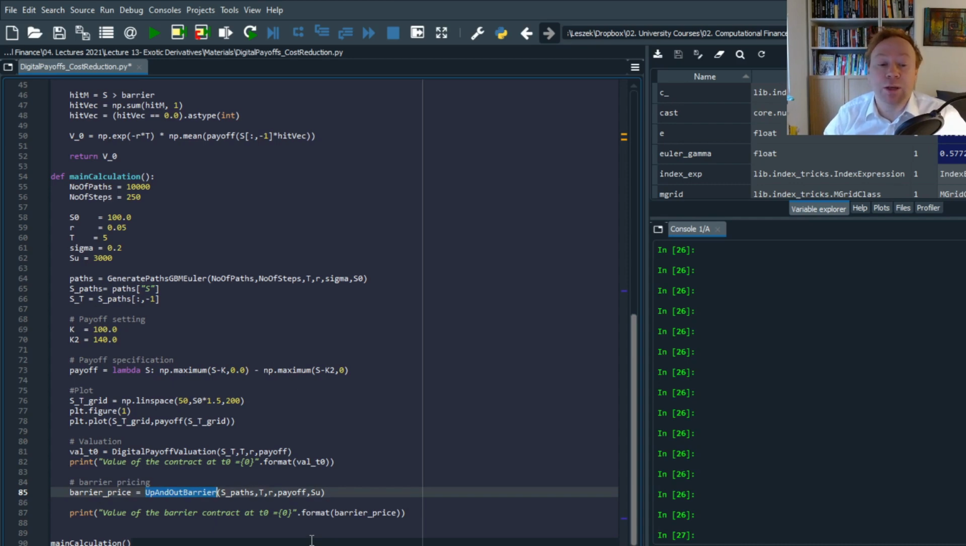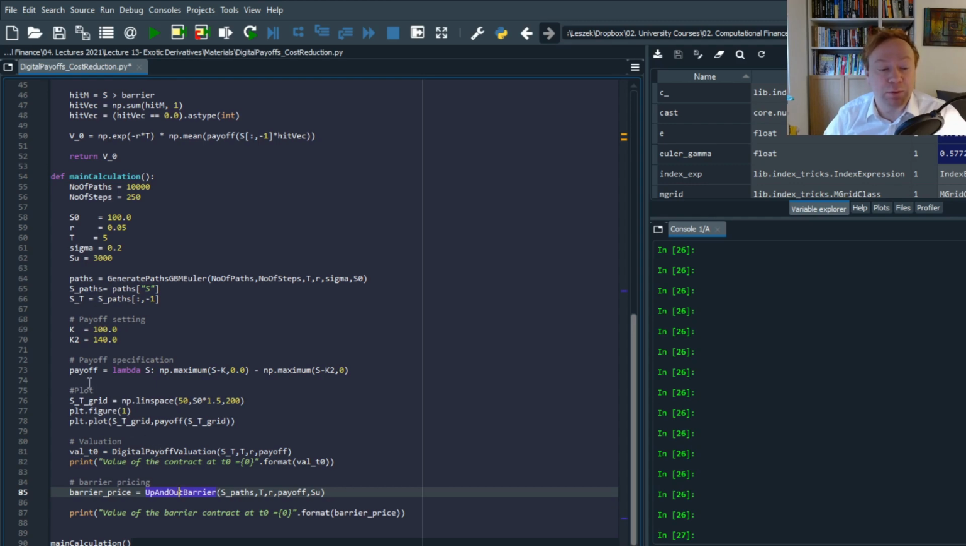So in this case, we say we get this payoff at the maturity, but only if the path of the whole history of the lifetime of the stock, until the contract matures, did not exceed level SU, which is defined here. As you can see now, SU is 3000, so I put it extremely high. This means that at this point, the price of the up-and-out barrier should be equivalent to the price of